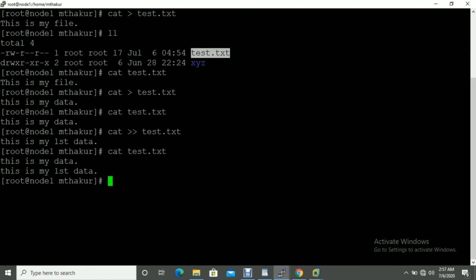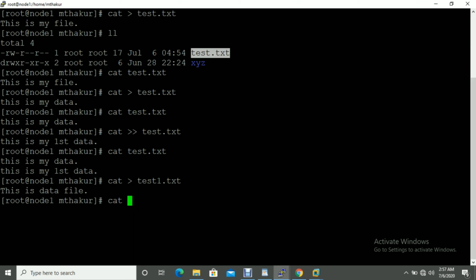Okay, and let me create one more file here: cat test1.txt. This is data file. Okay, so now if you need to read more than one file at a time, what you have to do?